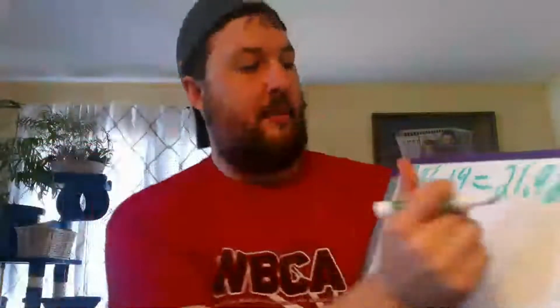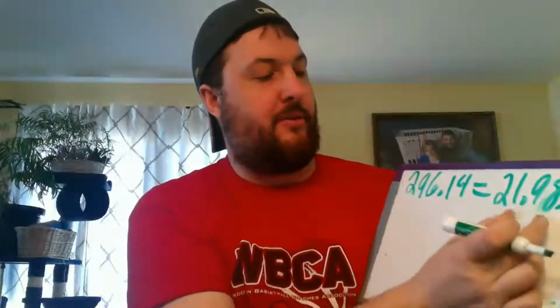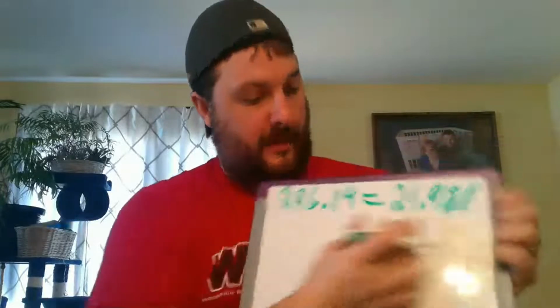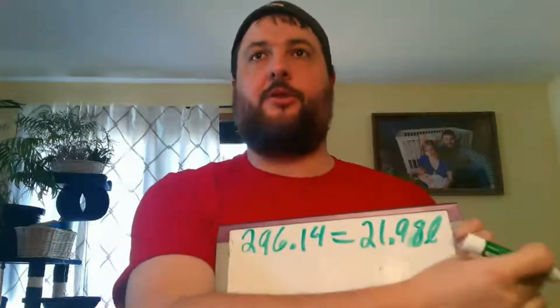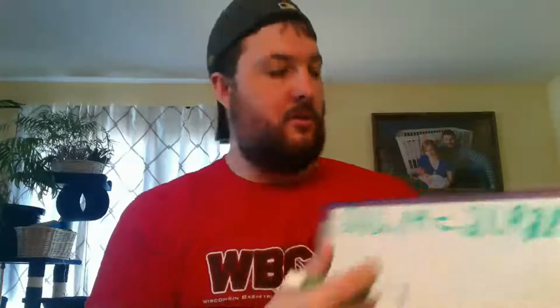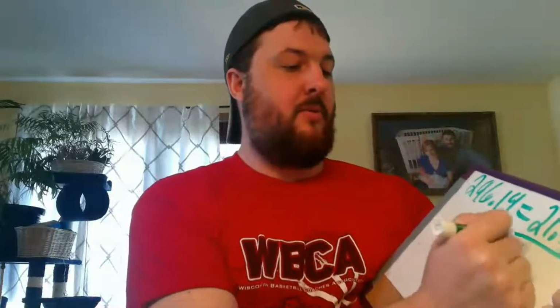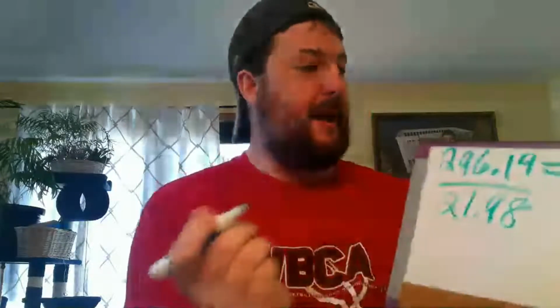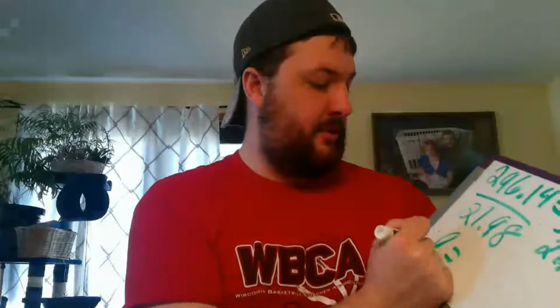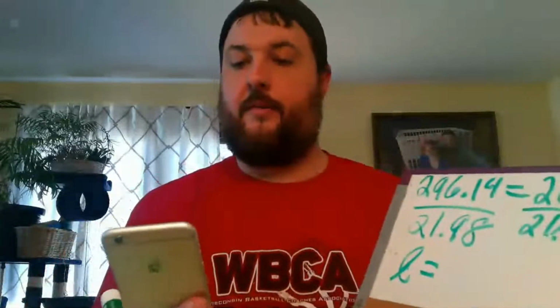I have a number equals some product, right? I have 296.14 equals 21.98 times L. So just like if this was 20 equals 2x, you would divide both sides by 2. I'm going to divide both sides by 21.98. That'll be my answer. So I get L equals, let's do that quick,